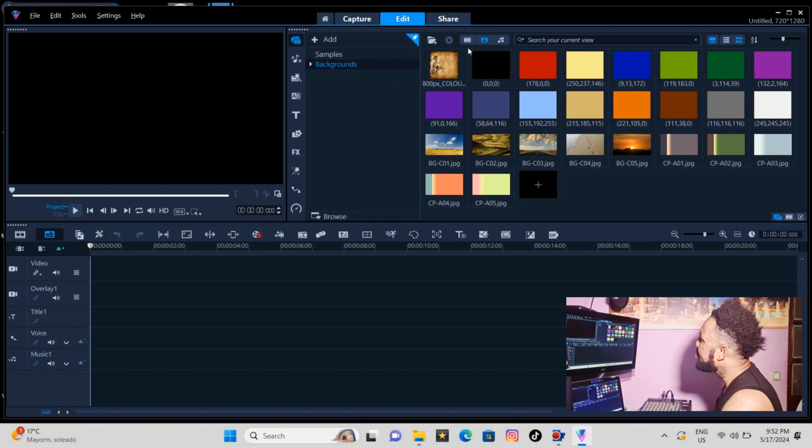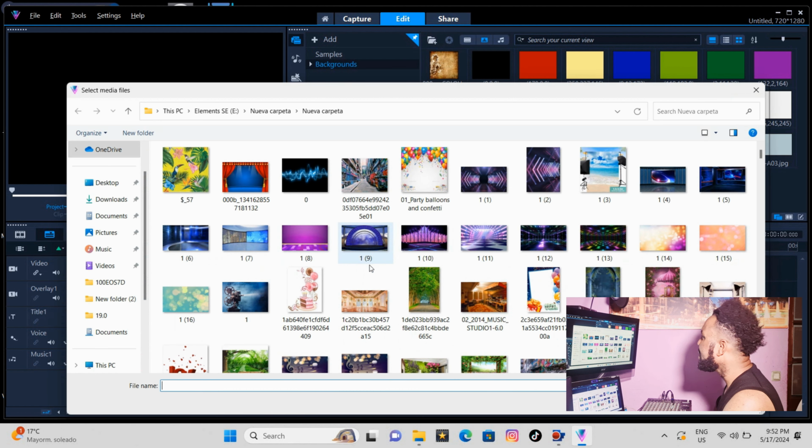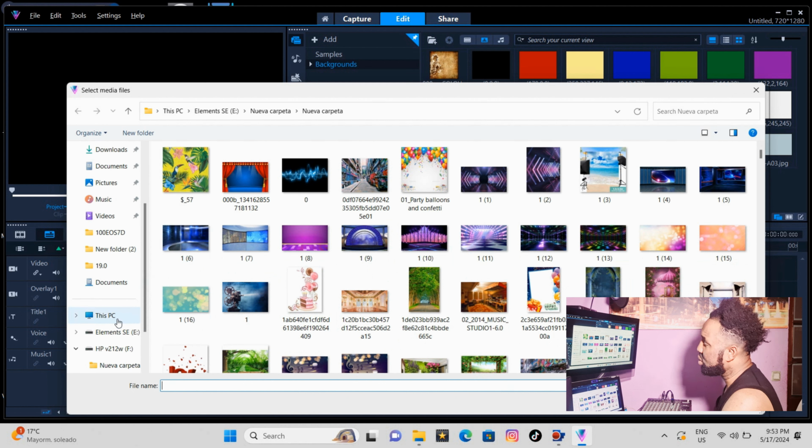So the next thing you have to do is click this envelope, which says import media file. You understand? Import media file. Then you click it. Now it takes you to your PC, because I have so many. I can click any one here. You understand? This is my hard disk. I can click any one, but I don't want to use it like this.